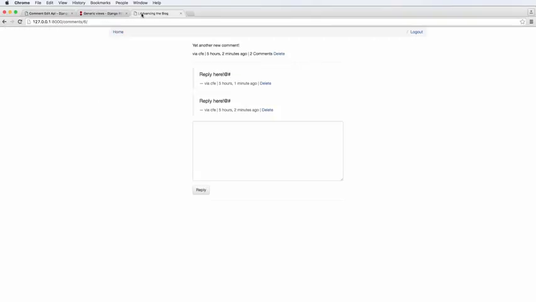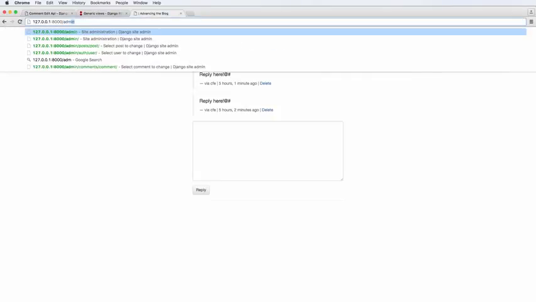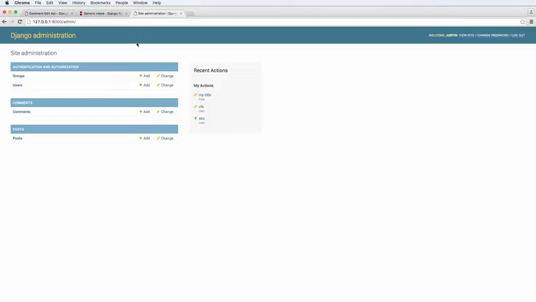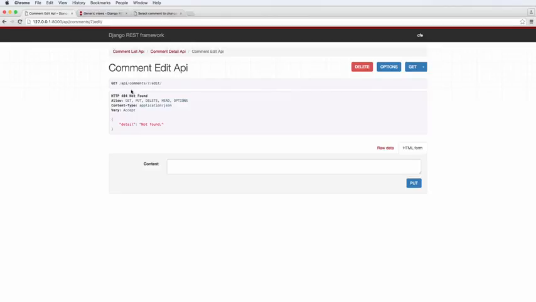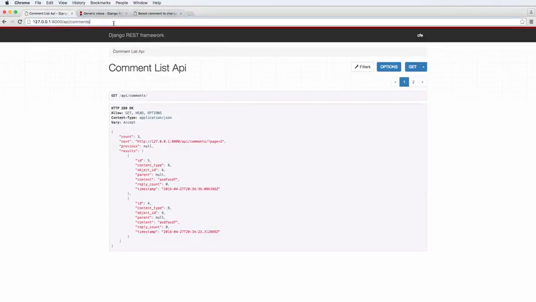So the reason it deleted all the other ones is it works very similar to the admin, and it has to do with the foreign key. So if we go into our comments and we see here, as soon as there's a foreign key relation here and I delete the other one, that comment will go away. So notice that says 5, of course. So let's actually go ahead and create a new comment. So comments